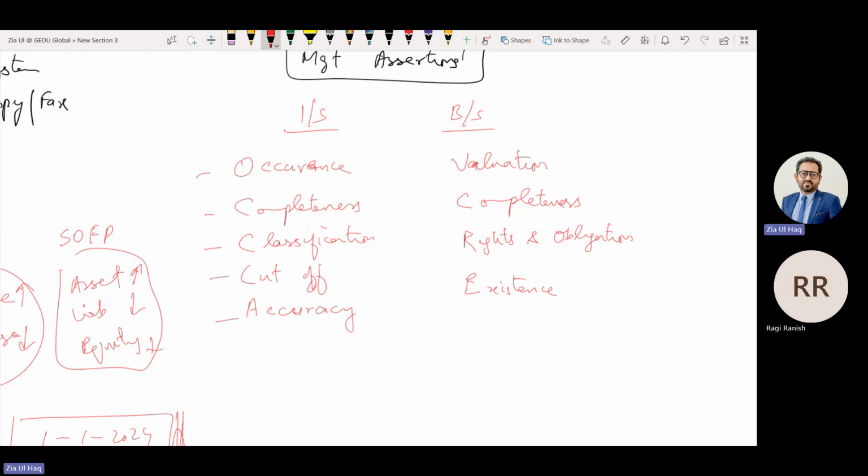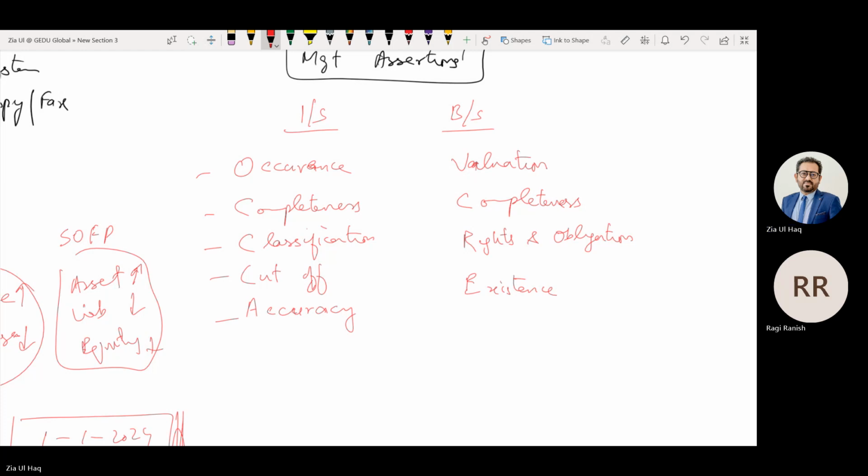If the company is not recording depreciation or not recording appropriate depreciation. If you are not recording appropriate amortization on intangibles. If you are not recording inventory at the lower of cost and NRV, you are recording it at a higher amount. If you are not adjusting bad debts against receivables, so assets could be overvalued. So we need to see whether depreciation has been appropriately recorded, inventory is recorded as per IAS 2, as well as receivables have been adjusted against bad debts.